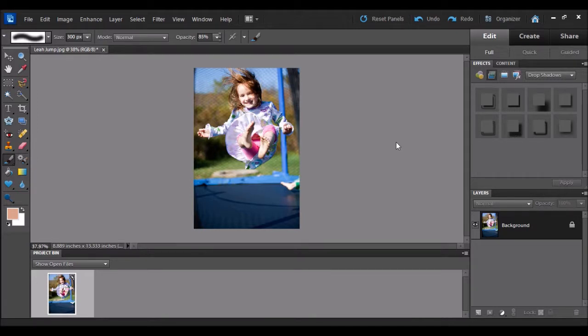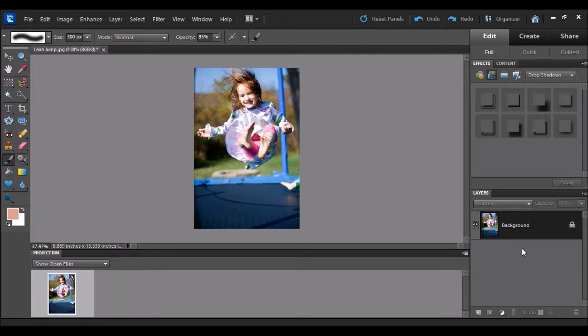Photography and yearbook students, today we're going to go over a fun technique of creating some type of motion blur or pull focus from a background of an image by creating an artificial motion blur or background blur to enhance a photo. So here I have a picture of my daughter jumping on the trampoline, and the background already has some nice level of blurring to it, but I really want to enhance that idea of her jumping up and